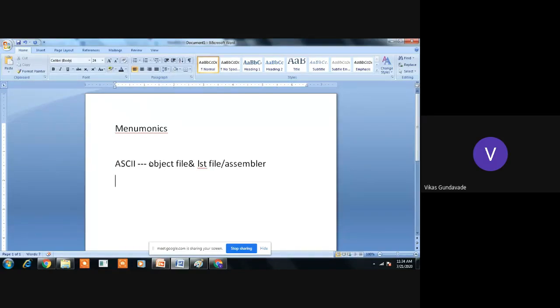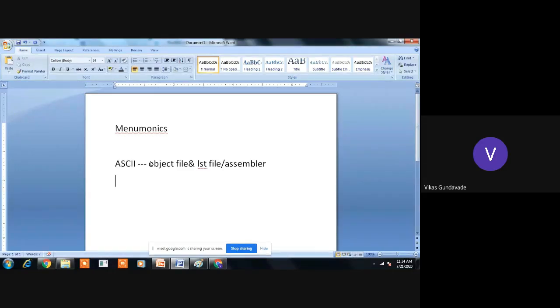The assembler converts whatever program we write with the extension .asm. Always keep in mind, for microcontroller the extension for assembly language programming is .asm or .s or .src, depending upon the compiler by which the program is written. So first the ASCII code is converted into the object file and LST file by the assembler.